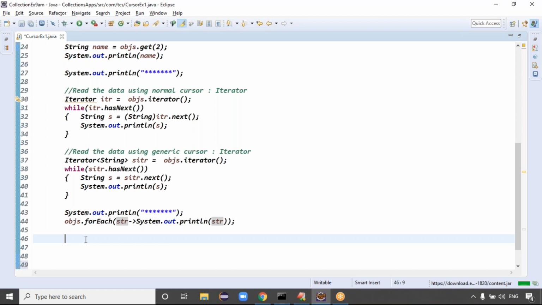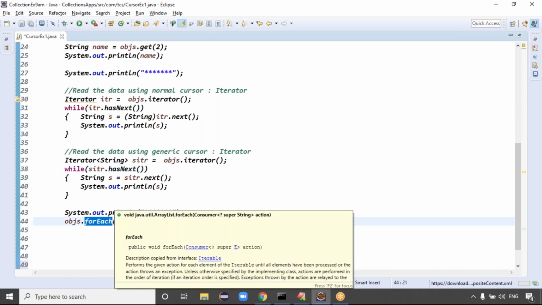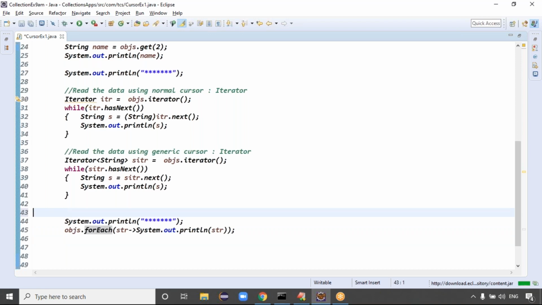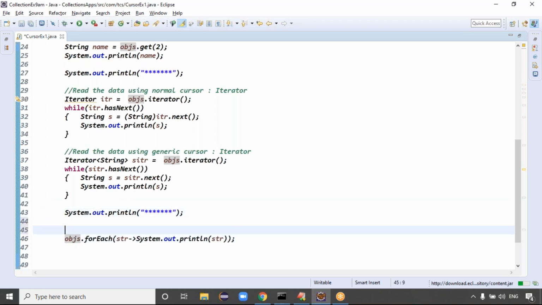Yes or no? So don't think that the forEach method is not writing while loops and all the cursors. Even the forEach method internally iterates using a for loop only. Optimized code. Exactly, guys, one more line you can add. So this is reading the data using which method, guys? This approach reads the data using the forEach method, right?